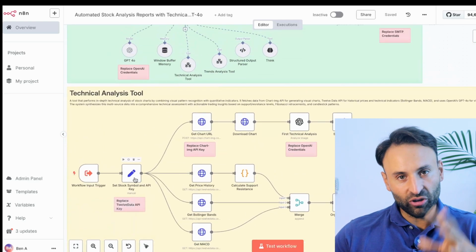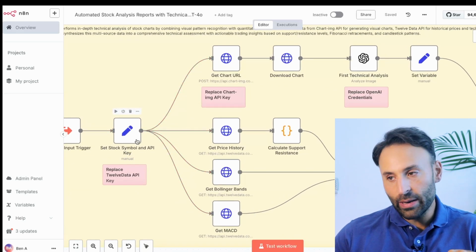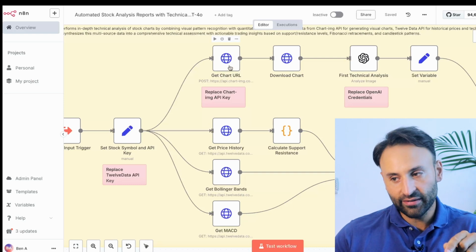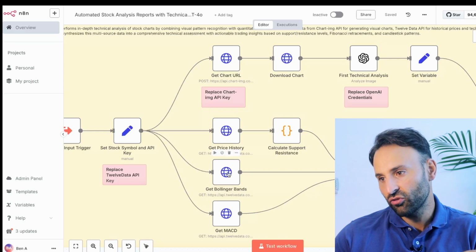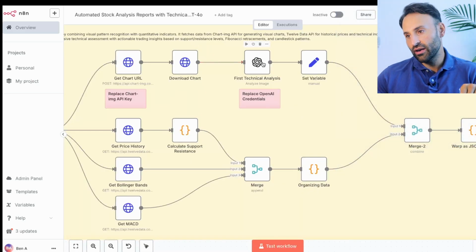It connects with the stock symbol that you would have selected, Tesla. It pulls the chart API from that particular API. It gets the price history, it gets the Bollinger Bands and the MACD, which are technical indicators for trading, calculates the support resistance, merges them all together, and then simultaneously downloads a chart from TradingView, puts it into the technical analysis inside OpenAI,